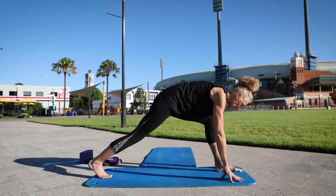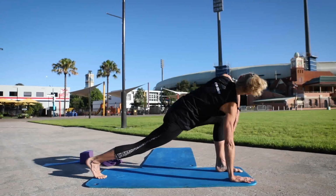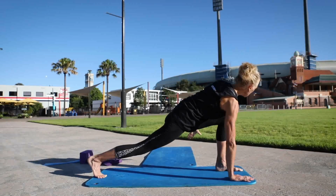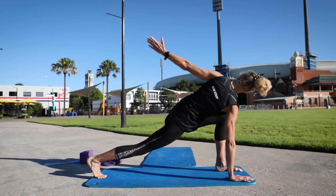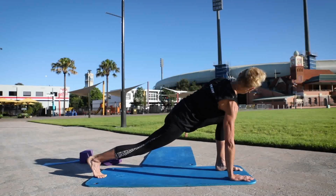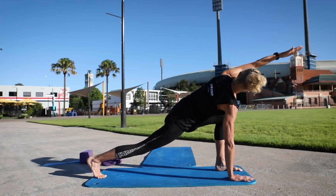And then lunge once again, reach a little further forward, no tension in the shoulders. Exhale, plant those hands down, and then lift that arm up and open up through the chest. Taking the arm behind you, and then reach it forward, inhale, exhale, open up wide for 2. Inhale, exhale, open up wide for 3, and 2 more, breathing in, exhale, open for 4, and 1 more, breathing in,